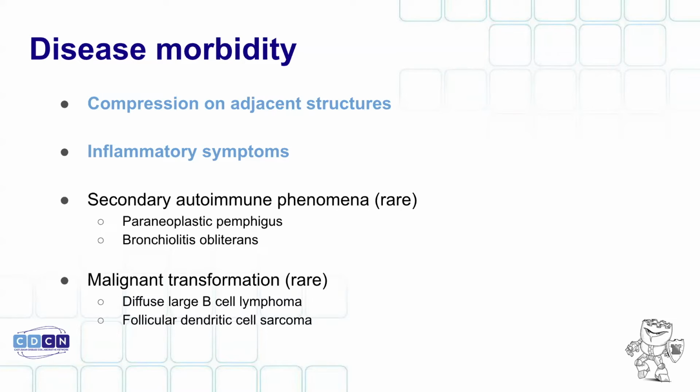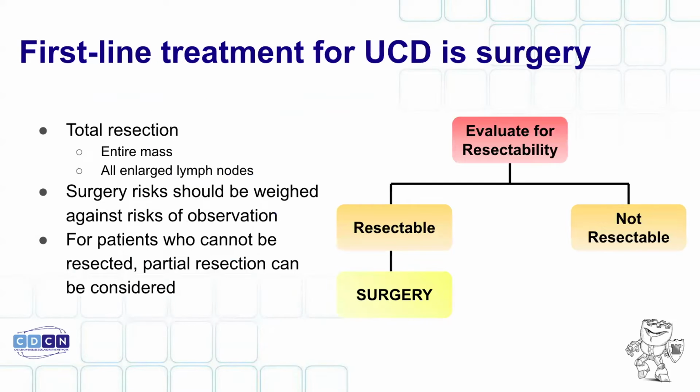The way we usually know that they're associated is because you can see on the pathology when the lymph node comes out, they see some areas that look just like Castleman disease, and then they see some areas that show the cancer. Again, this is a low single-digit percentage, but it is there for patients with unicentric Castleman disease, and it's something we should always be mindful of when we think about what we do when we find these big lymph nodes, and that is total resection of the involved lymph nodes as the first-line recommended therapy.